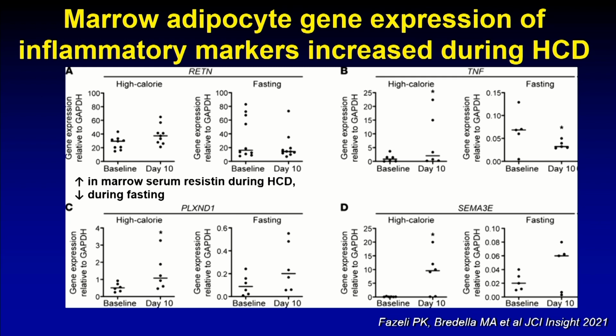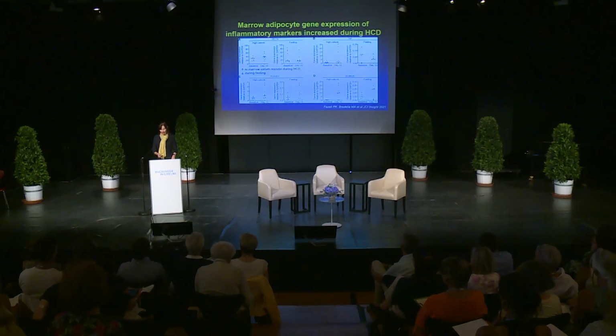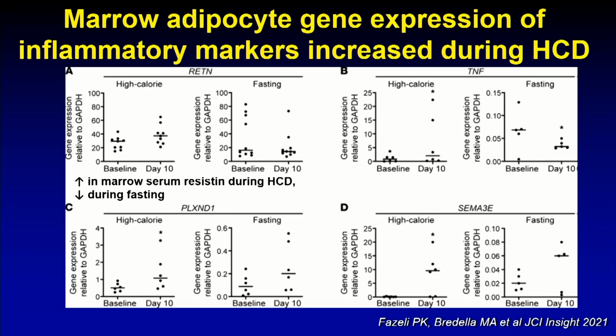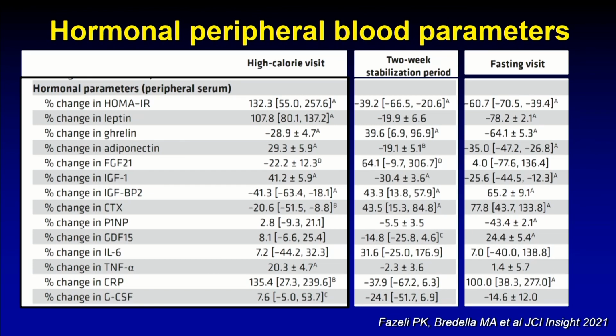Interestingly, during the fasting, the TNF-alpha went down again, and for the other inflammatory markers, there was no change. So this was something really interesting because it shows that maybe the origin of what we are seeing in the peripheral blood comes actually from the marrow adipocytes. And the interesting part is that during the fasting, the TNF-alpha went down, while in the peripheral blood, this is